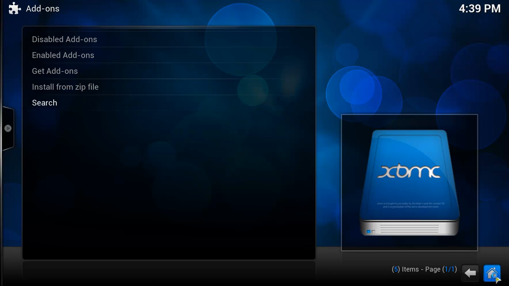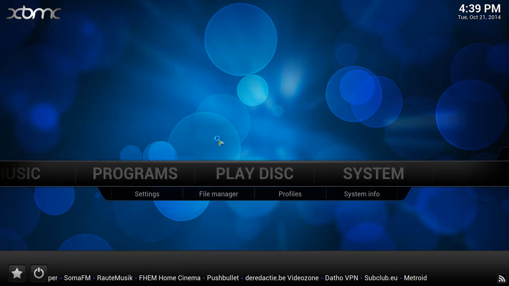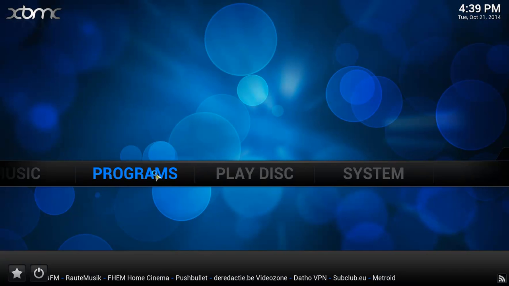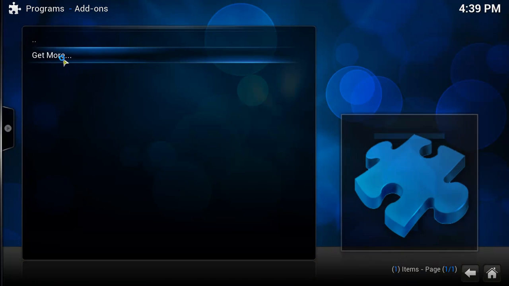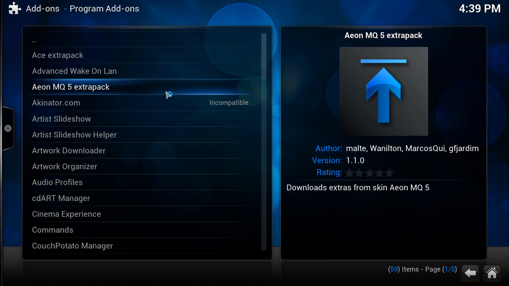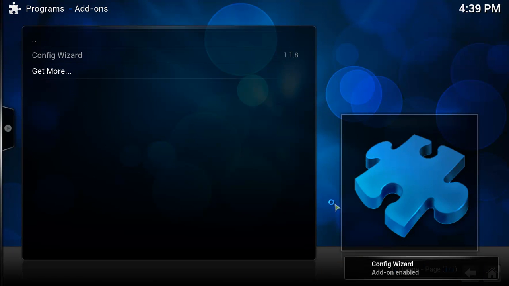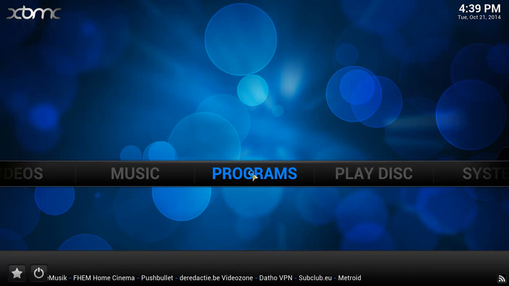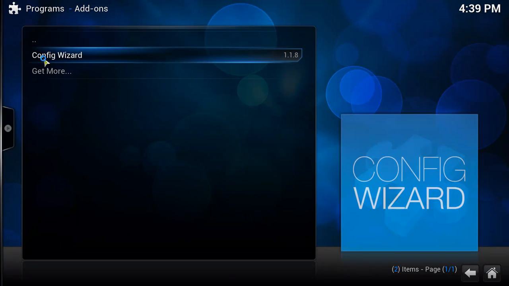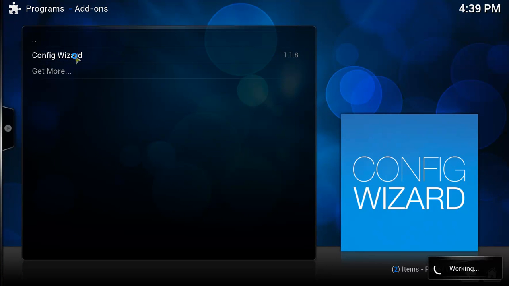So then we can just go to the house at the bottom right, click on that, and then go to Programs. It's not gone through as yet, so we'll just come back out of that. Okay, so now it's come in, so it's installed. We'll just go back and confirm, so Programs, and Configure Wizard is there now. So okay, clicking on Config Wiz,